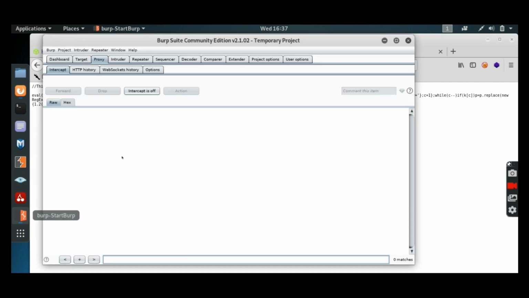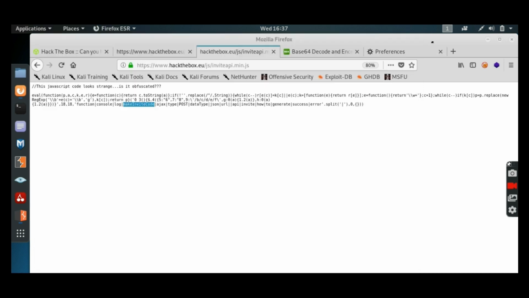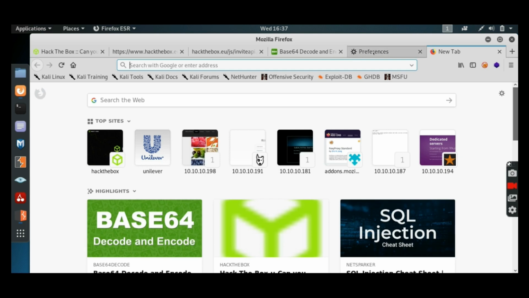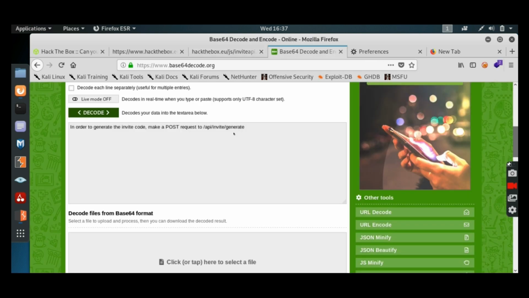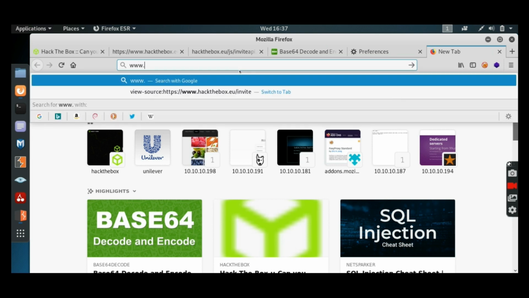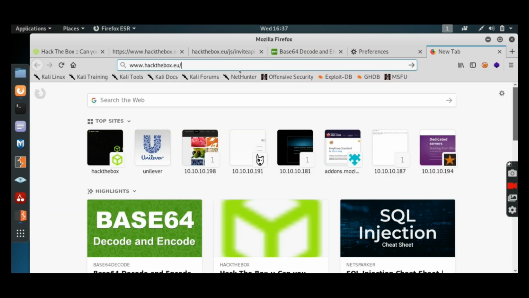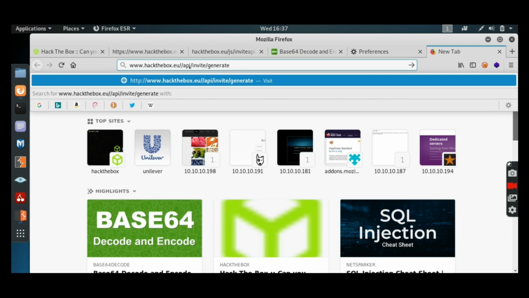Then go to Burp Suite and turn on the intercept. Now we have to give the request. Here is that link, api/invite/generate, added to the box that you use: /api/invite/generate.